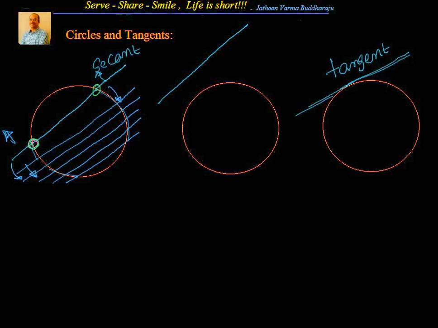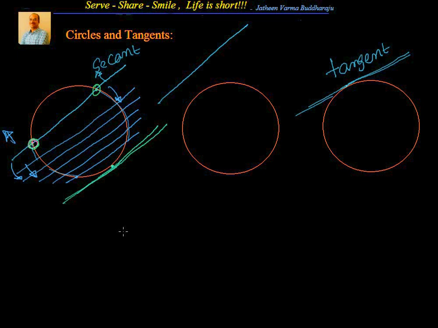Now will there be a particular condition where these two will coincide and will become one point, and if you draw the secant or basically the line at that particular point, which we call the point of contact, it is called a tangent. So tangent is nothing but a secant line where the two points of intersection with the circle coincide with each other and become one point. So that's about the tangent. To be precise, we will say that a tangent is a line which touches the circle exactly at one point.